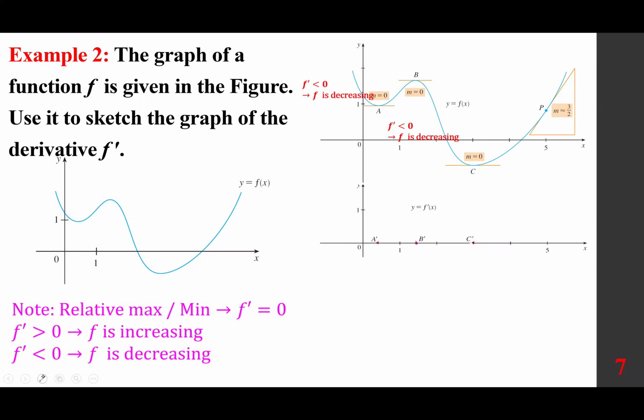If you look at this portion, it has to be below the x-axis. Now, this portion is above, this portion is above the x-axis. They are both increasing, everybody. And again, I'm going to start from here. Between A and B is positive. That means between A prime and B prime is above the x-axis, but it has to come back down to 0. And over here is positive, and somewhere here